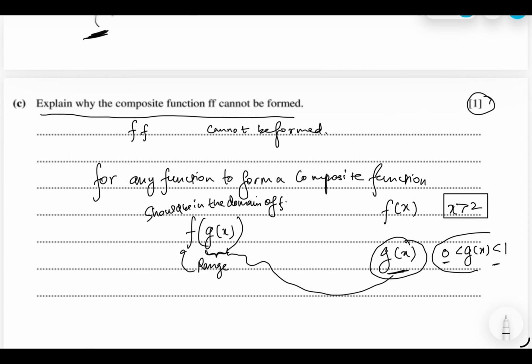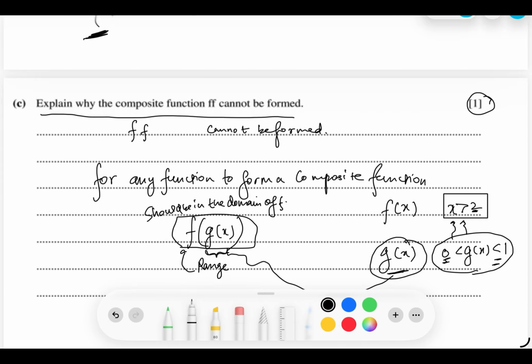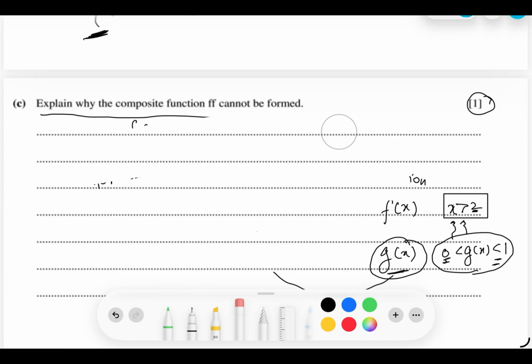Is the complete range of g(x) inside the domain? No, see, the domain is greater than 2, and the range was between 0 and 1. So the complete range is not inside the domain, not even a single value. Hence, this function won't be formed. So same reason we will write over here as well, because see,